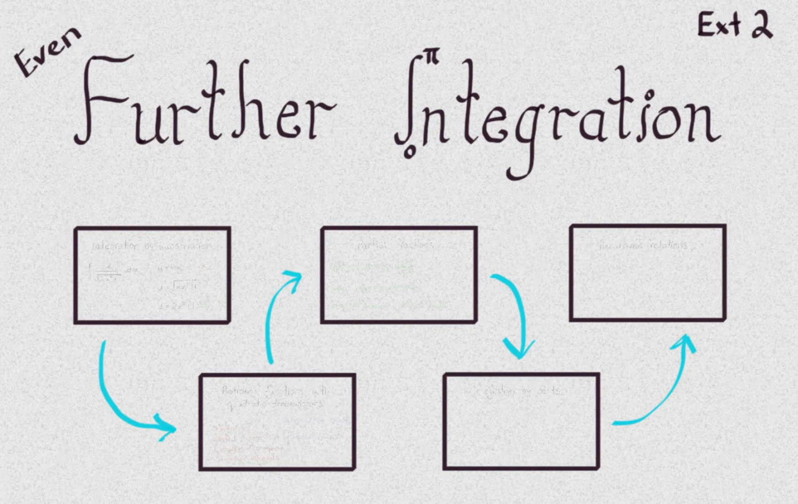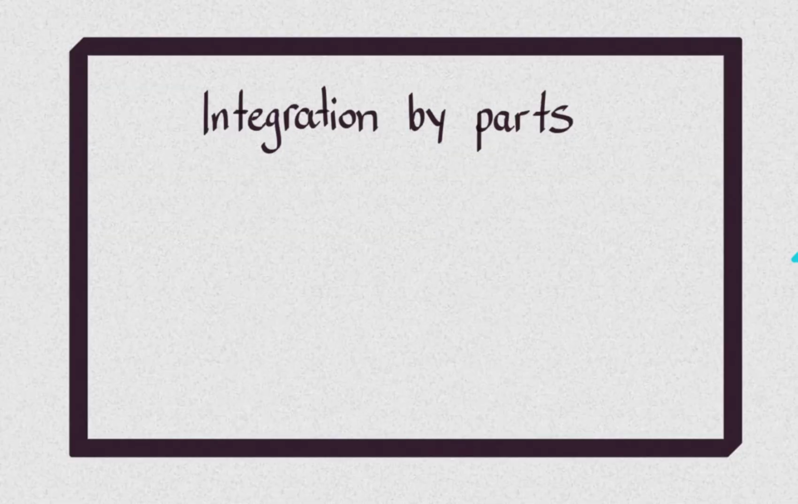So far, when integrating, if we've come up against a difficult integral, we've used the substitution method to make it a little bit simpler. We're going to be looking at a method called integration by parts in this video. So substitution is based off the chain rule of differentiation, and integration by parts is based off the product rule,